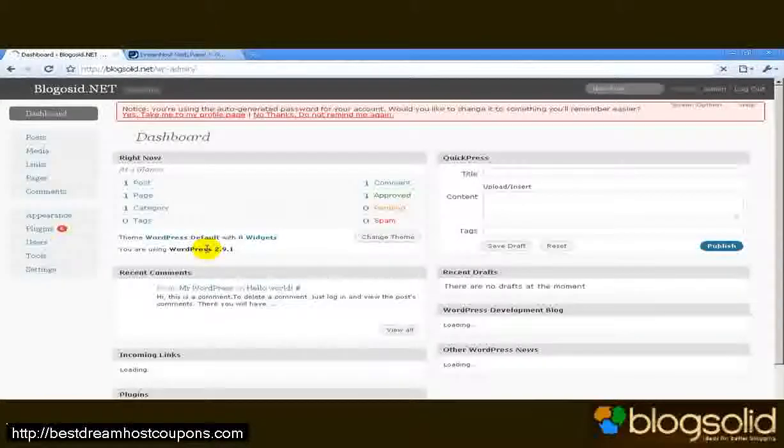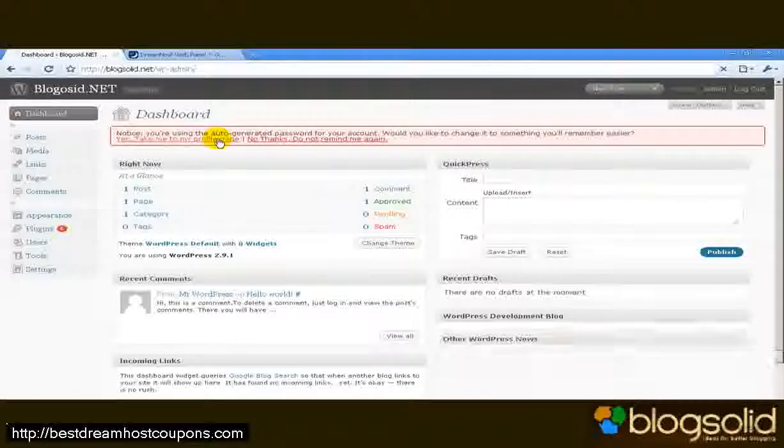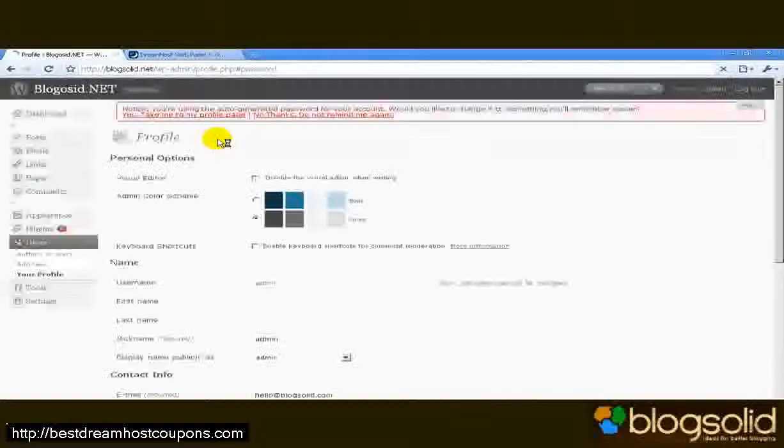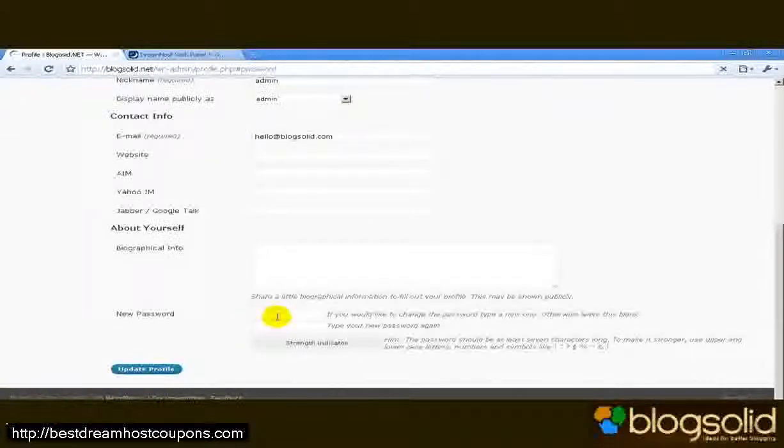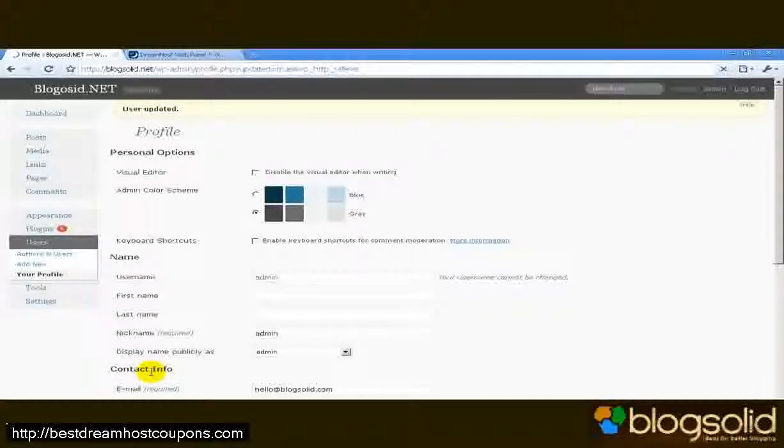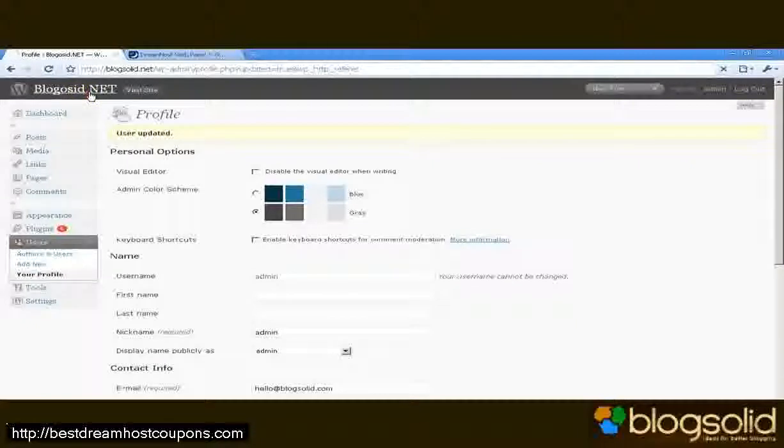Now one last thing you should immediately do is the thing that WordPress prompts you for by itself. You should go to the profile page and change your password to one which is not generic. Of course you should aim for a strong password. And that's it. The blog is installed. The only thing to do